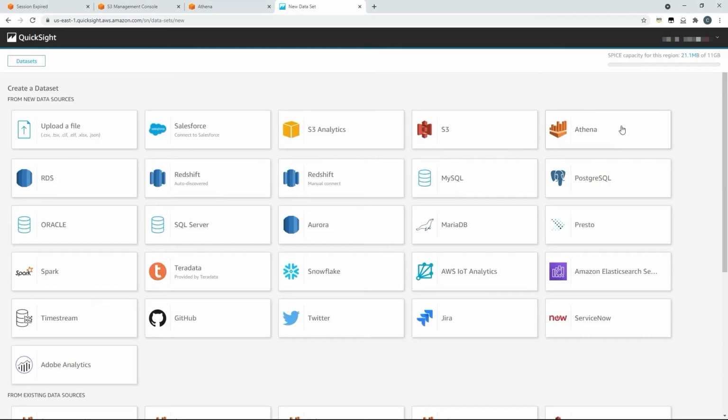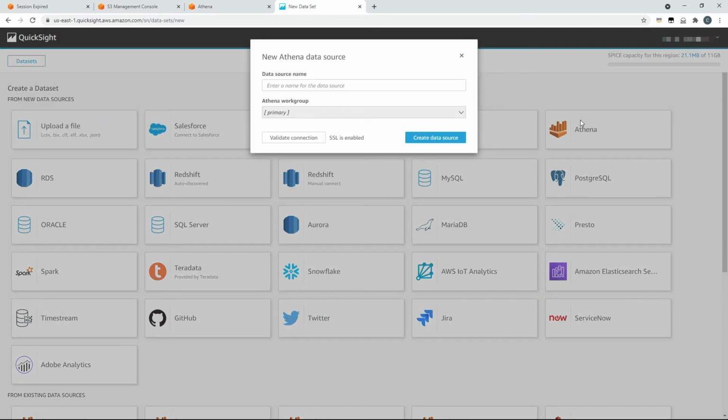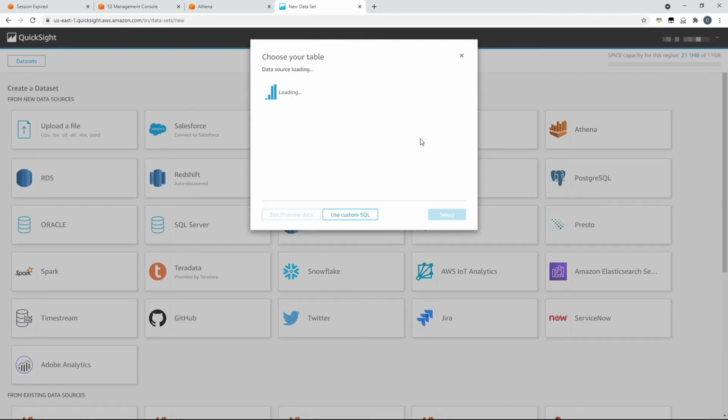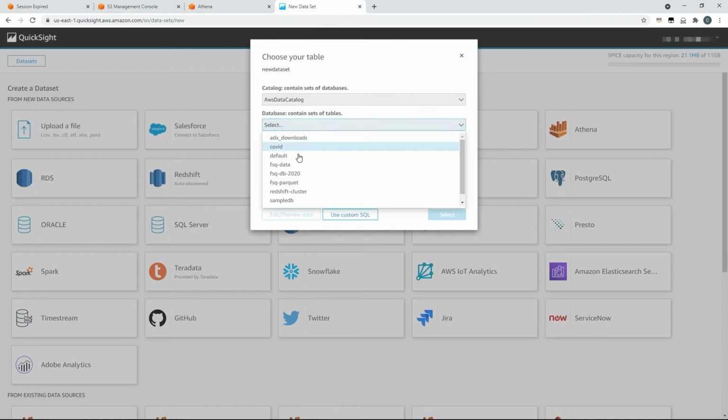We'll choose Athena as our data source. We'll give our data source a name. We'll click Create Data Source. We'll now get an opportunity to choose our tables from our data catalogue. So we'll choose our FSQ data catalogue, and we'll choose our competitor presence table.